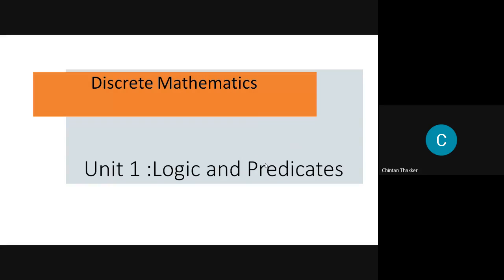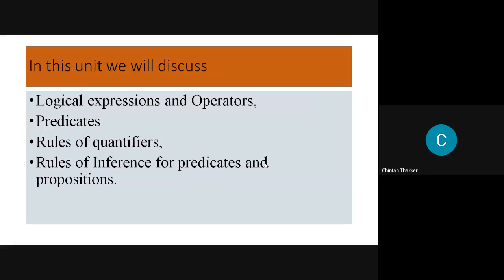Now, in our first unit we have logic and predicates. In this unit we will discuss these topics: logical expressions and operators, predicates, rules of quantifiers. Here we understand the simple logic statements.